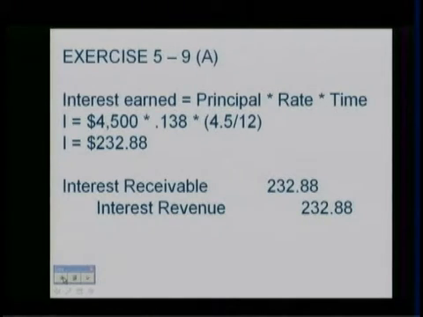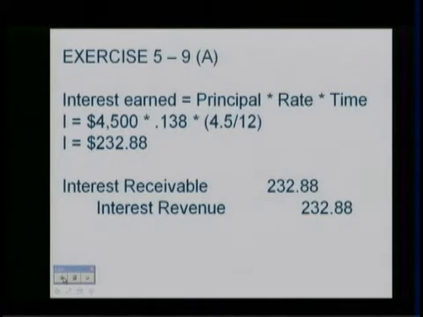Now, when we were talking about I equals PRT, we said that time was 1 year. Well, there are 12 months in a year, so we need to figure out how many months in relation to the 12 months in a year there are. So if you start with June 15th and you go until October the 31st, you'll see that's 4.5 months. So your time portion of this problem is 4.5 for the 4.5 months, divided by 12 for the whole year. Then you multiply that by the interest rate of 0.138 and times the principal amount, which is $4,500. You find that your interest is